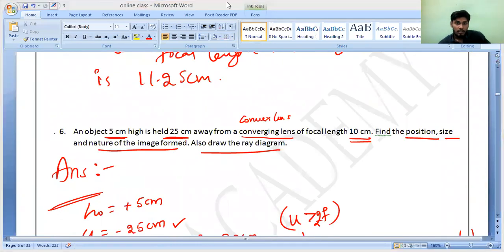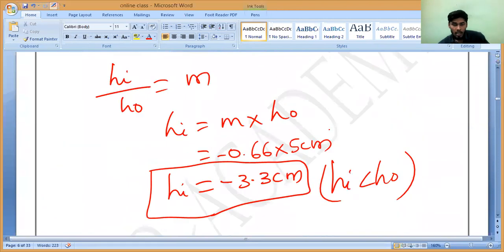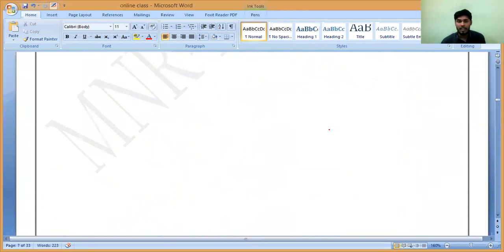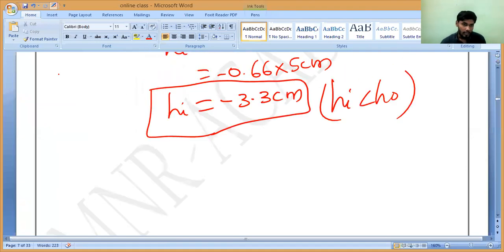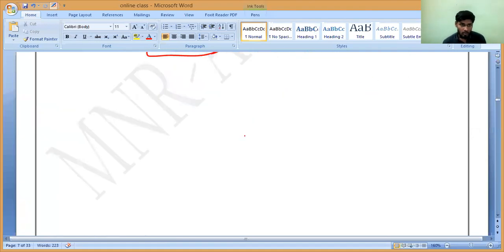Ray diagram. The ray diagram you draw. That is what I am saying. After solving case 5, will you be able to draw the ray diagram of case 5 or not? Shall I need to draw? Yes, sir, you draw. You take it as your own choice. Case number 5 alone you draw.